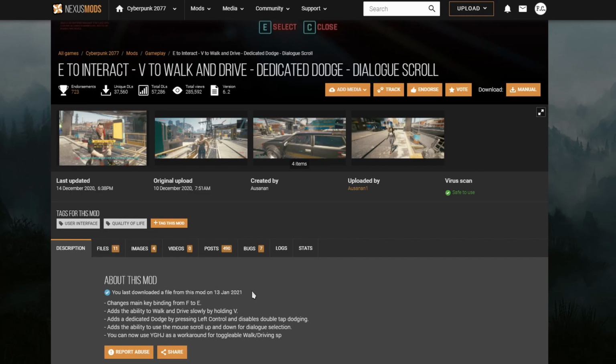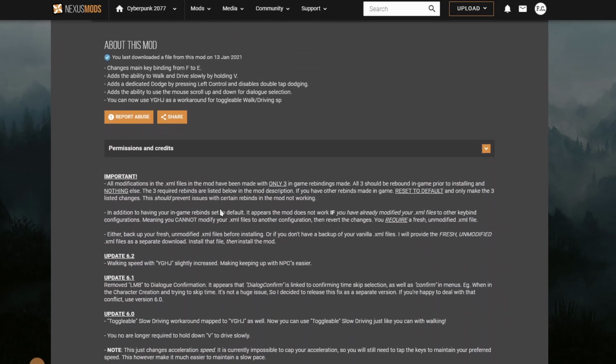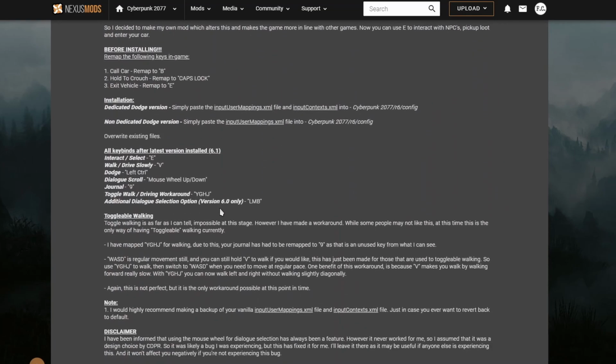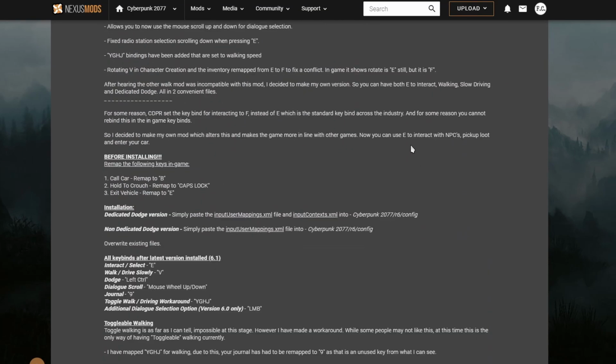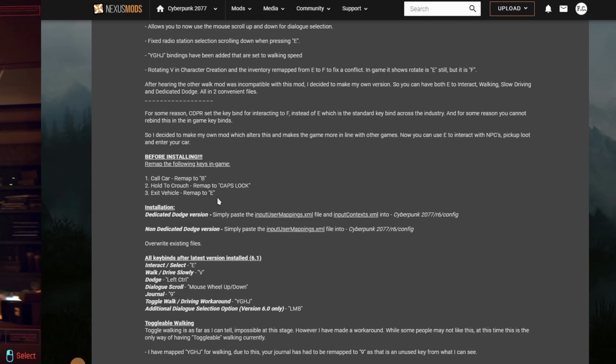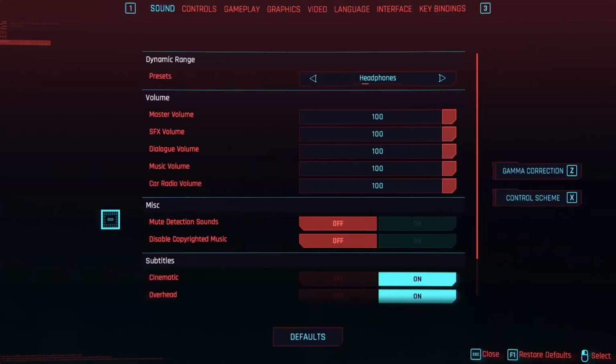Before you install any mods, make sure you read the instructions in the mod description carefully, okay? Oftentimes if a mod doesn't work or doesn't work correctly, it's because we've missed a step or two in the description. For example, here it says before installing, we have to remap these keys. Call car should be remapped to B, hold to crouch should be remapped to caps lock, exit vehicle remapped to E. Alright, let's go to settings,